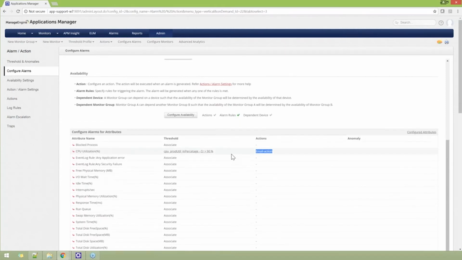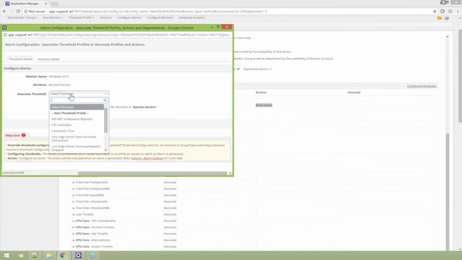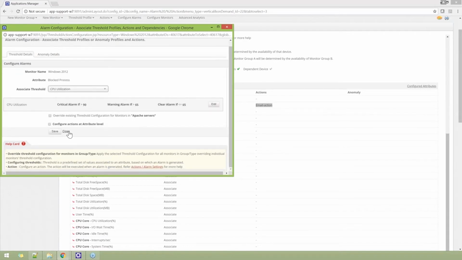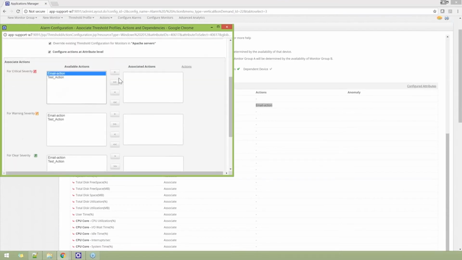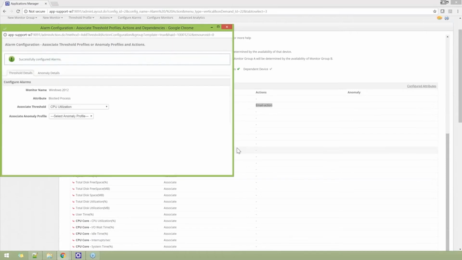Let's take another attribute, the block process. And when I select a block process threshold, here let me select CPU utilization itself as an example. I can select this override in case there is an existing Windows 2012 server inside this group, we can go ahead and select and configure it. So configure action at attribute level, select it. The required email action or any other action that you have created can be moved to the left-hand side